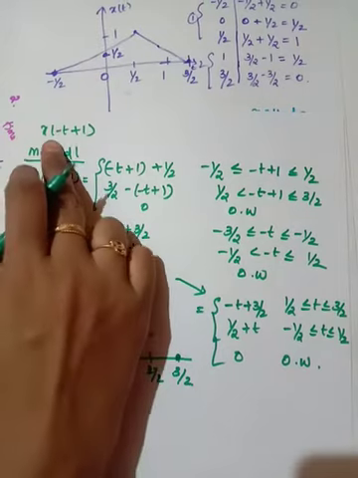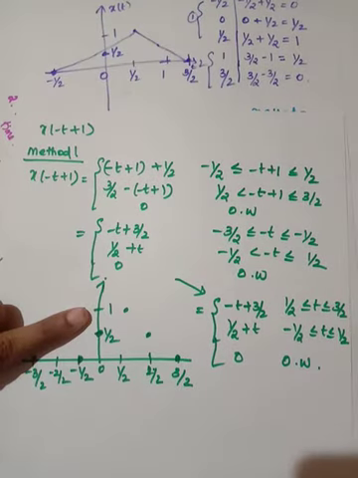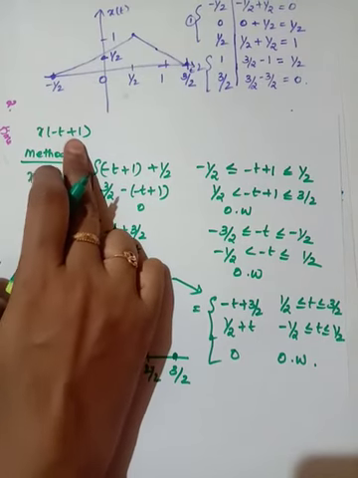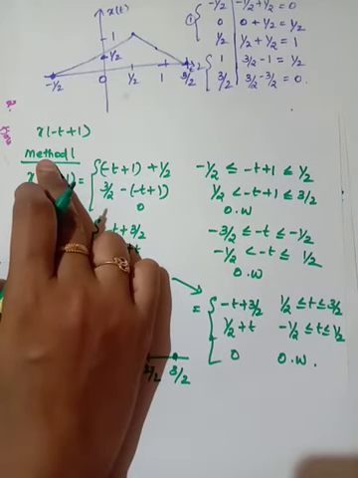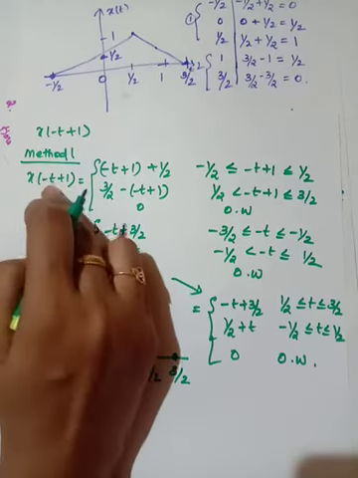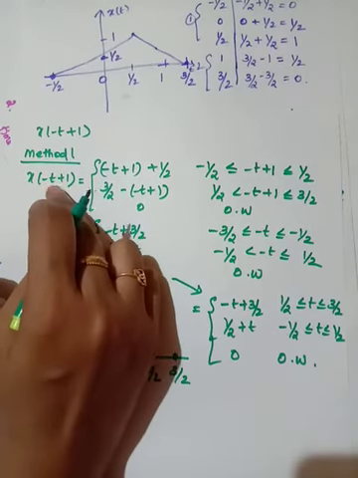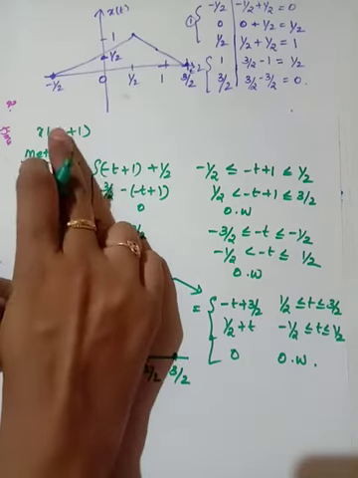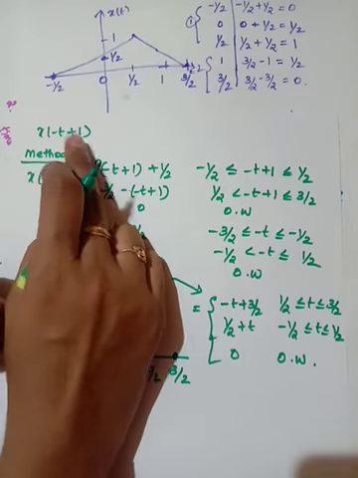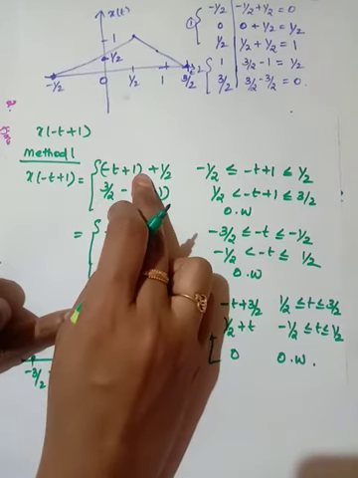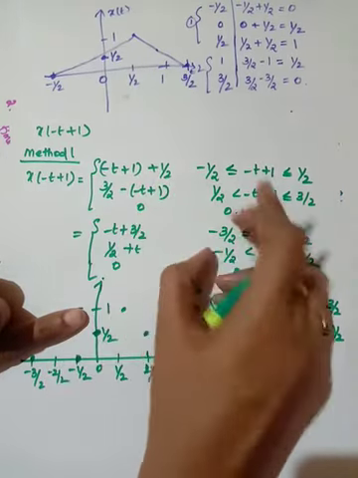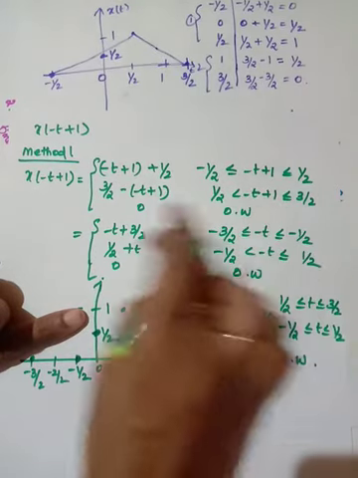Now see this relation. Here I am going to perform minus t plus 1. So in this method 1, no need to consider the priority, just substitute wherever you have t. Here I am going to substitute minus t plus 1. Here there are two operations, one is time reversal, another one is shifting. So wherever I have t, I am substituting minus t plus 1. So I have this equation like this.